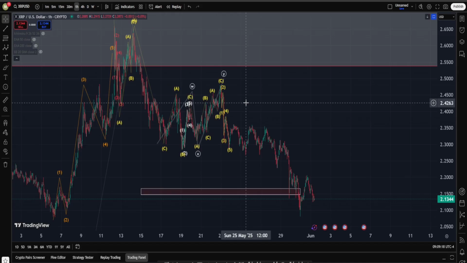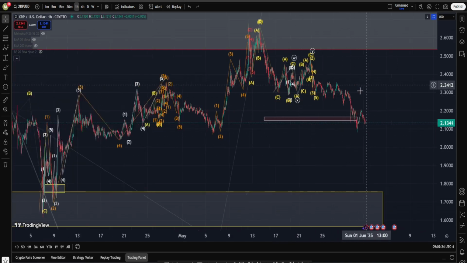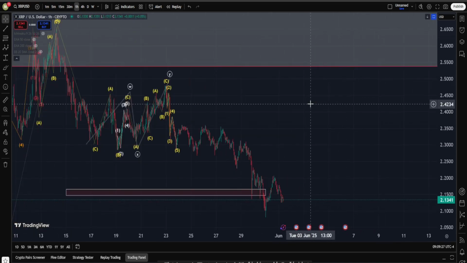Okay, so in today's video about XRP, we are going to do a complete short-term Elliott Waves analysis and see what is happening in here, because I do believe right now XRP is at a major crossroad. That's why I want to do today a bullish and also a bearish Elliott Wave analysis and tell you what needs to happen in the short term that could potentially tip the scales towards the bearish or maybe the bullish